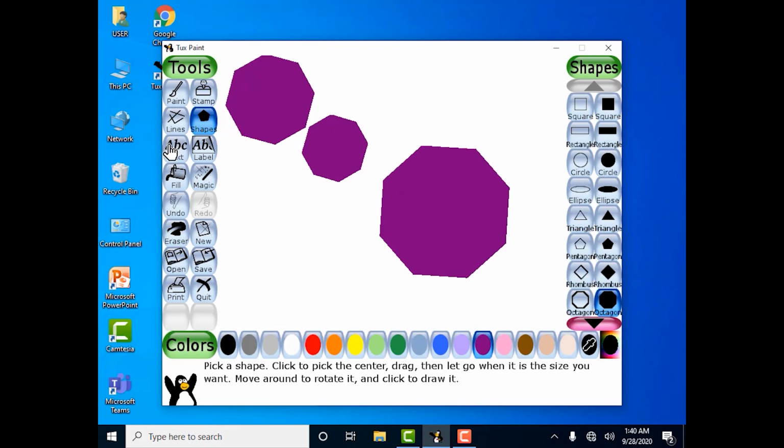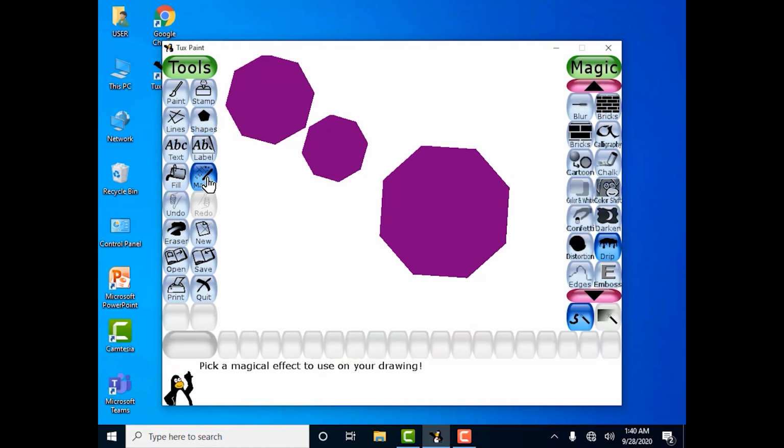Select the Magic tool and choose Edges from the subtool box. Using your magic wand, click and drag it over the entire picture.